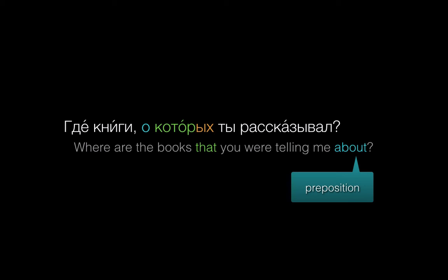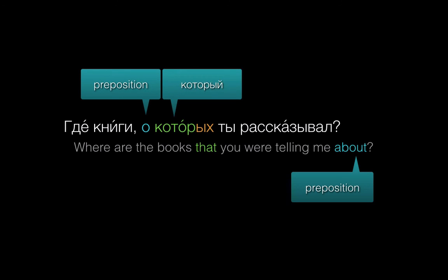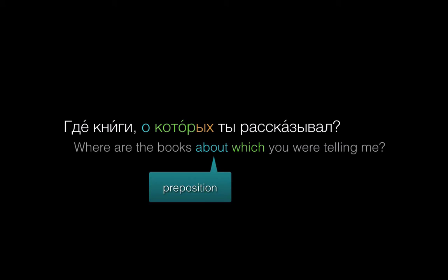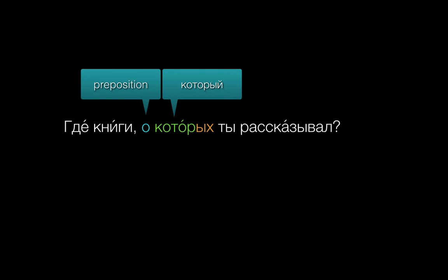In Russian, though, we'll never end a sentence with a preposition. So if you do use a preposition with который, make sure that that preposition comes first in the clause, followed by который. Now, in English, I could say, where are the books about which you were telling me? But that really does sound pretty stiff and too formal, I think. But this word order in Russian is completely natural. For the most part, Russian word order is flexible, but this actually is a strict rule. The preposition has to be at the beginning of that second clause before который.